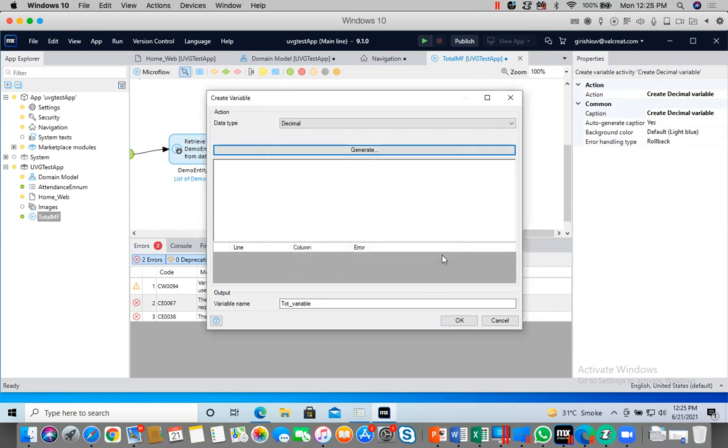Oh, sorry. Here 0, because for a variable you have to give a value.